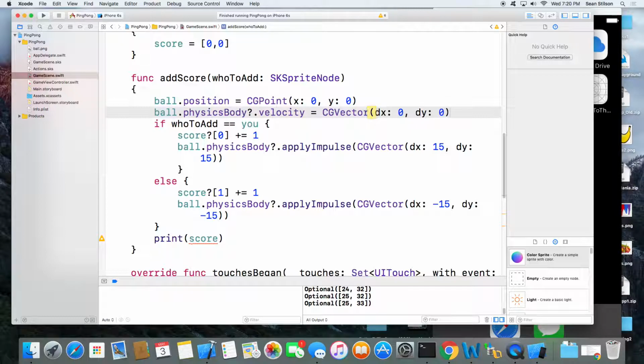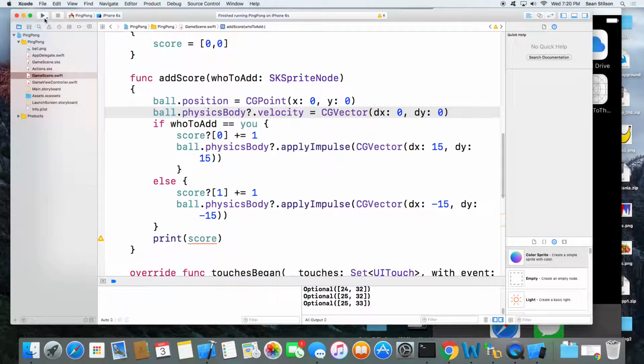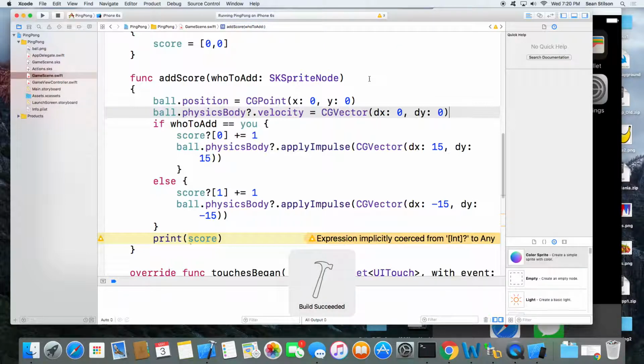I'm in the add score. What I did was add this line right below the ball dot position. I set physics body dot velocity to be CGVector of 0, 0. That will stop the ball and remove the force vector from it, and then it'll reapply it.